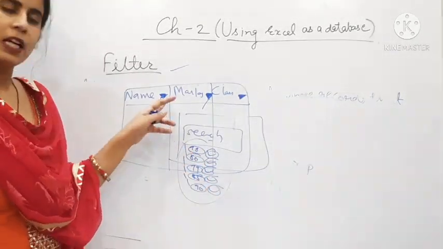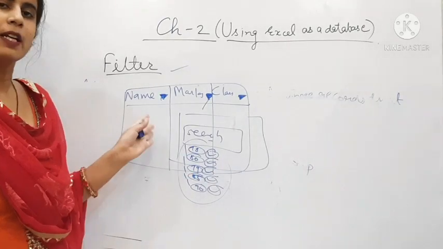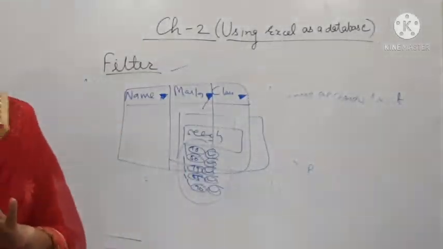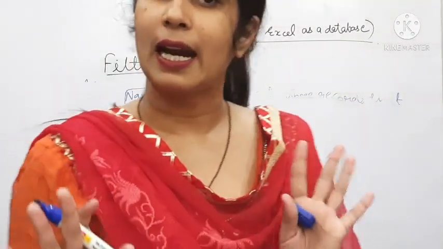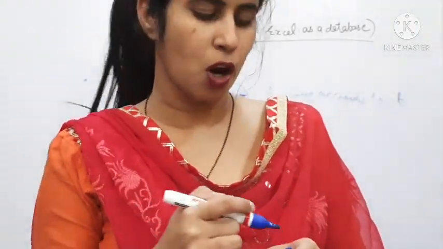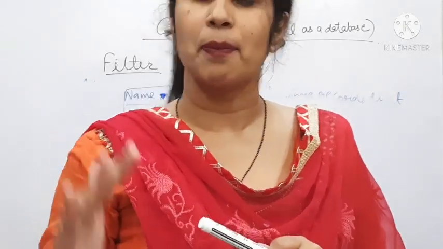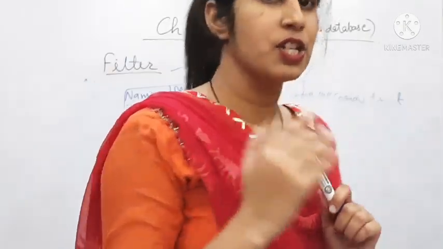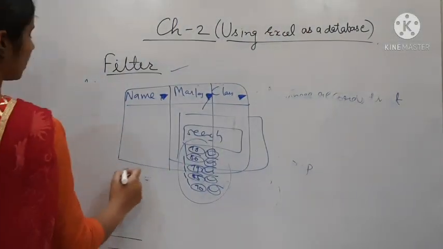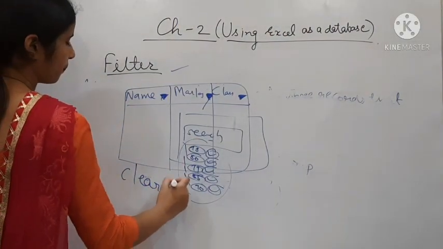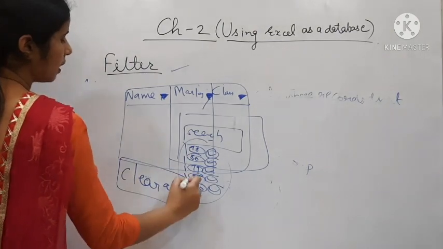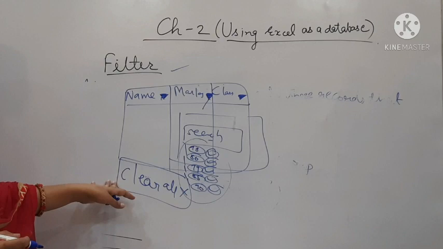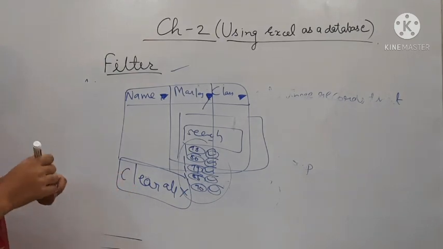If it is 70, then it will be displayed. If it is 80, it will be displayed. If it is 79, 85 and 70, they will be displayed and others will not get displayed. So this is the work of filter. If we have applied a filter and we are trying to remove it, we are trying to change it, we find an option there, Clear All. Okay, in this way it looks. So whenever we click on it, it will clear all the filters that we had applied there.